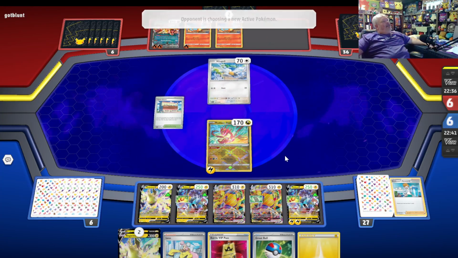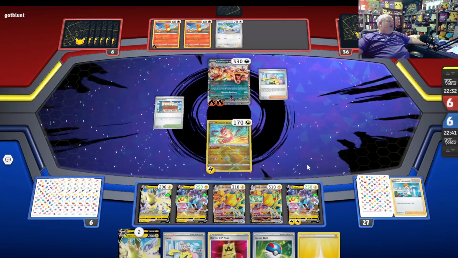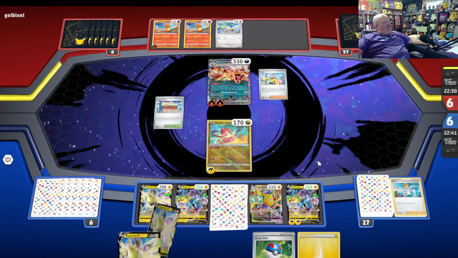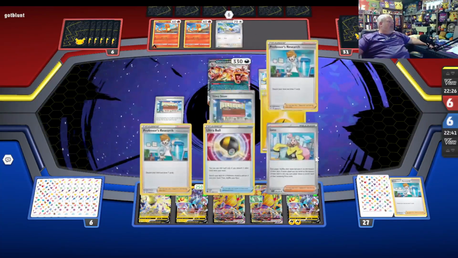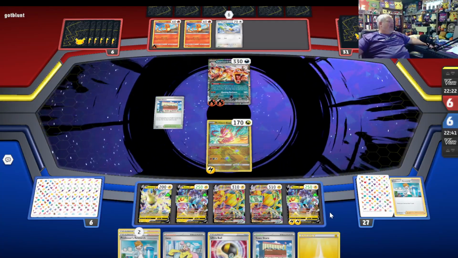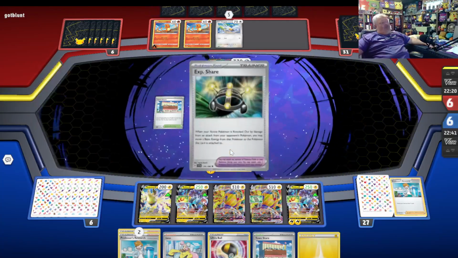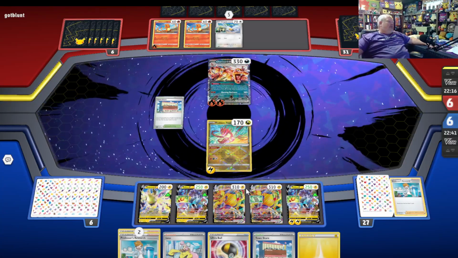Maybe. Yeah, here comes the Charizard. They have the boss. No, they have an Iono. Okay, that's fine. You can Iono me all you want. I don't mind. There, that's pretty good. That's not bad. Now they can knock out the Radiant, which forces them to do an odd prize trade with me. And if I can find...